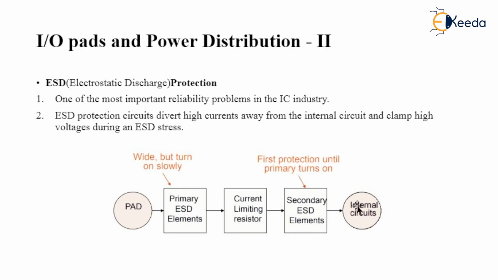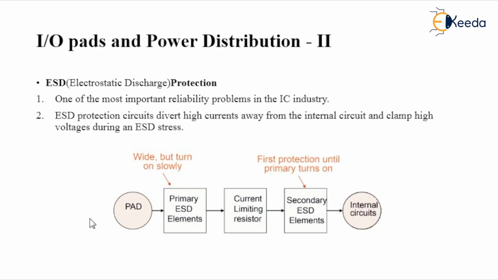This is an internal circuit, nothing but our CMOS circuit. I repeat, this pad is acting as an interface between the integrated circuit as well as the outside world. So let us take the example. This is the outside world, which I am showing with my mouse cursor. If this is the outside world, this is the internal circuit. So it is acting as an interface between the internal circuits or integrated circuit and the outside world, through this